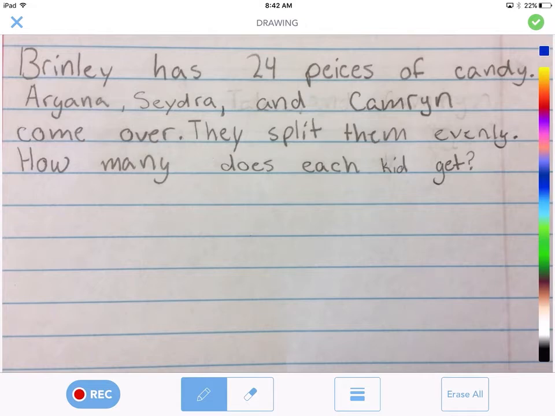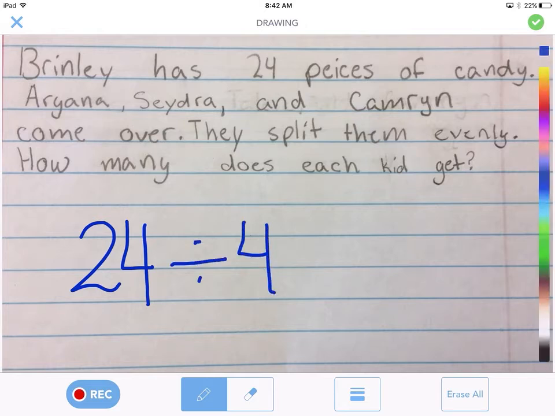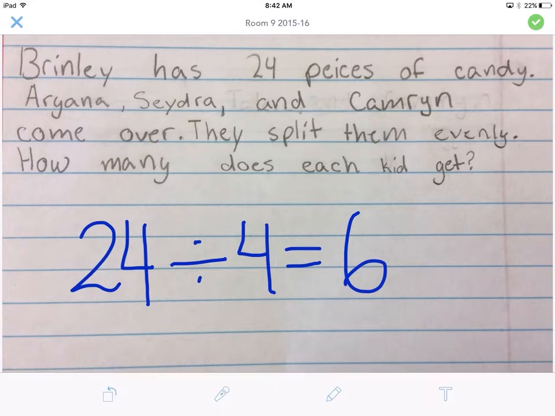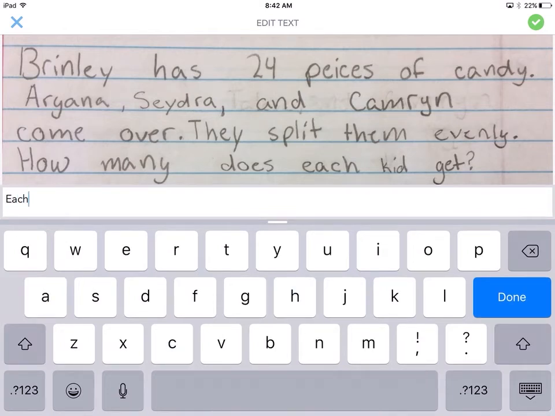So she has 24 pieces of candy, and you can write that down. So they split them evenly, so there's 4 girls, so we're dividing by 4 equals 6, and then you can have them record, see the record button there, they can record their voice while they're drawing to explain what they're doing. They can write out the sentence with the crayon, or they can write out the sentence with text. So each student